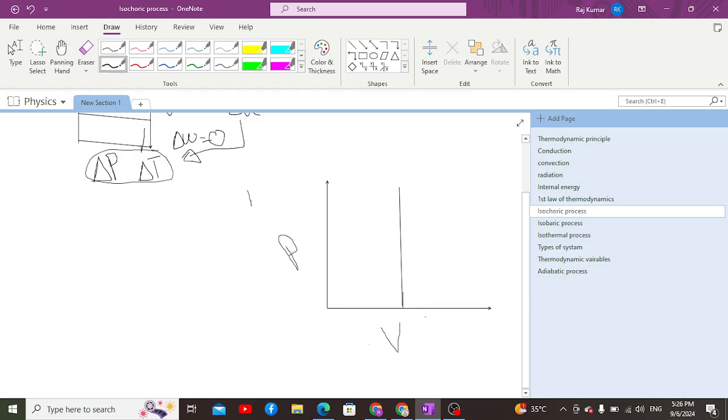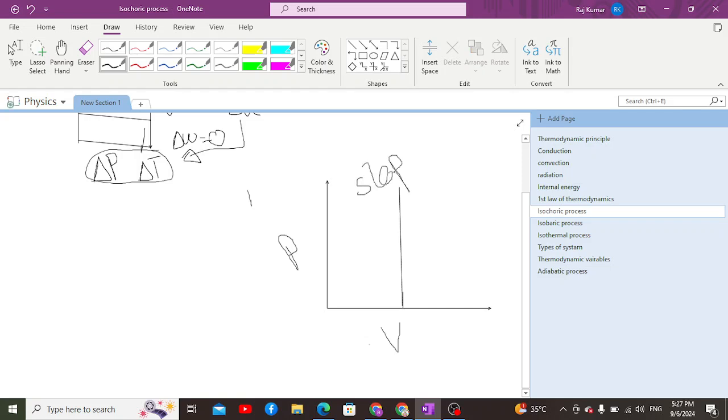Why would it be a straight line? Because on the x-axis the volume is kept constant, there is only an increase in the pressure. In the isochoric process, according to the first law of thermodynamics, the increase in thermal energy leads to an increase in internal energy, temperature and pressure, so the graph is drawn such that the volume change is zero and the pressure increases.